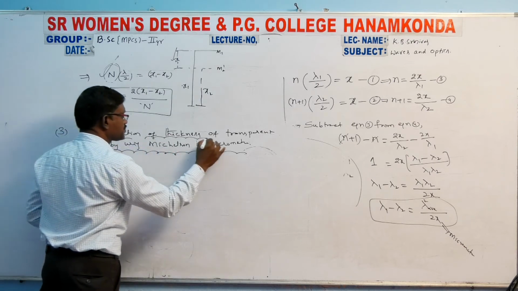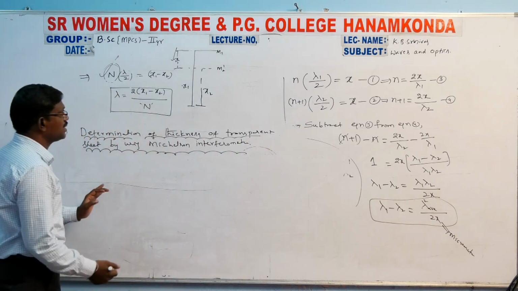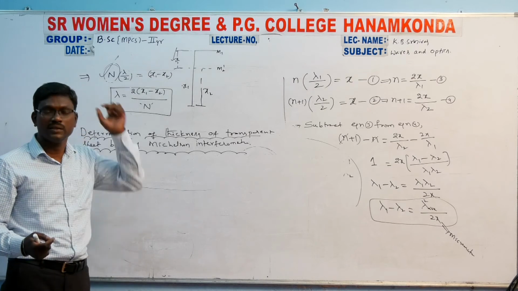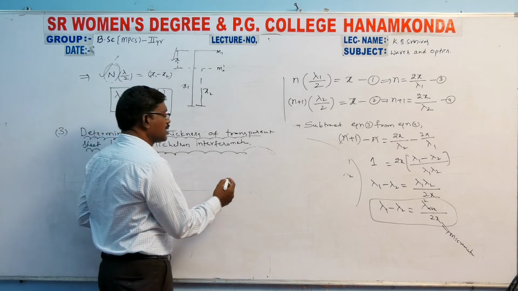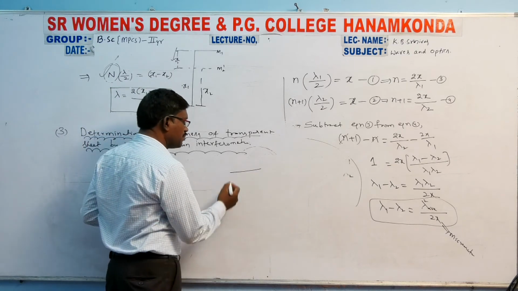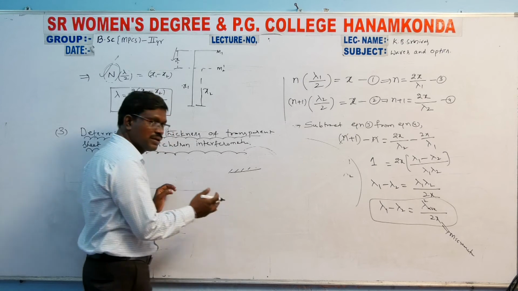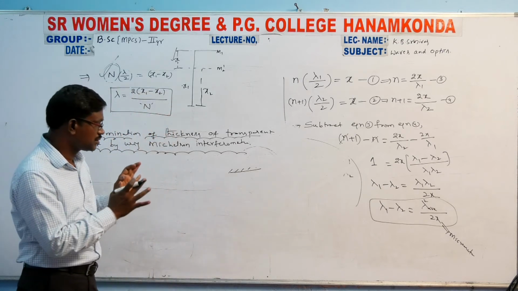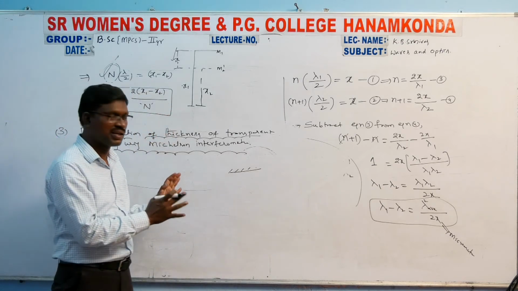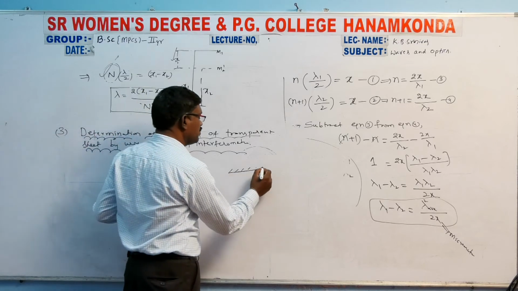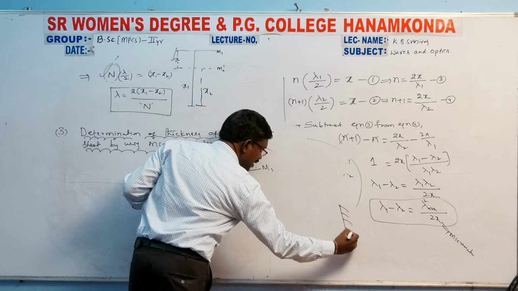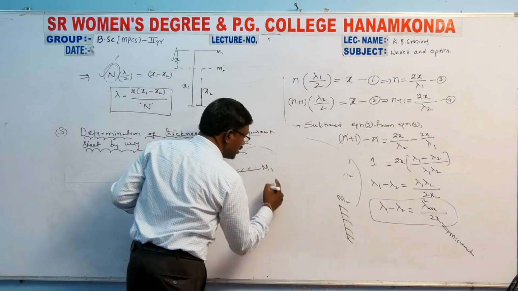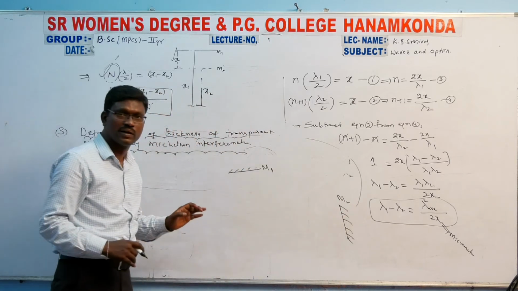Listen carefully. How do we calculate the thickness of the transparent sheet in this experiment? Just remember the previous class. Our previous class is about the Michelson interferometer. Here I am drawing the diagram for the Michelson interferometer roughly. So this interferometer actually has two mirrors which are placed perpendicular to each other. This is the second mirror, this is the first mirror, highly polished mirrors.